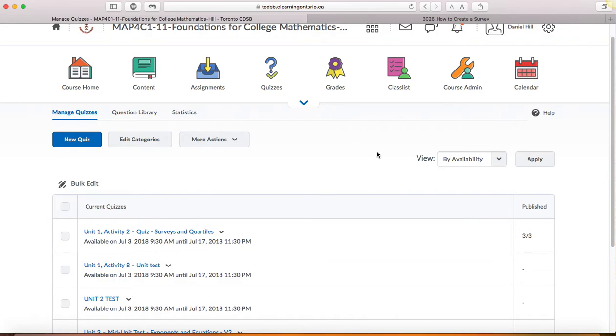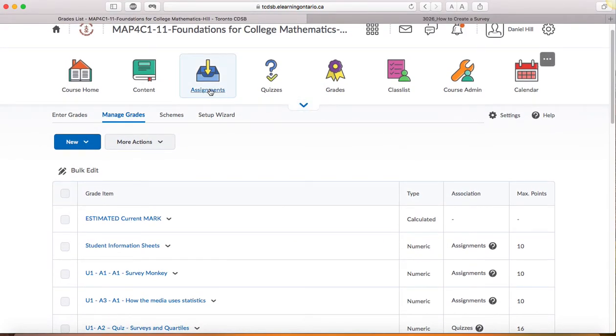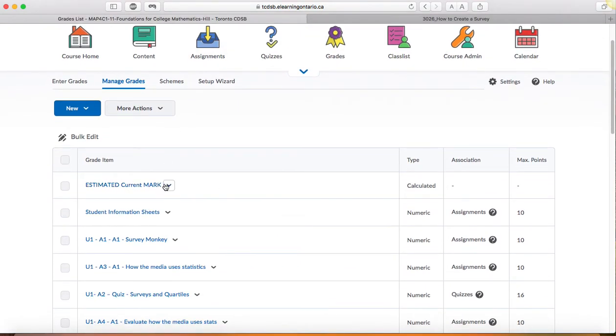Okay, now as I mark things, the grades get updated. Okay. You can find all your marks in the grade section. They also appear in the assignment section too. And I use this grade item, this estimated current mark. On your thing, you'll see a little calculator here to show you what I've marked as a class. Now, if I move this down and there's only student information sheets above it, it means that as a class, I've marked just the student information sheets, and only those things are included in your average. So right now I haven't marked anything, and nothing is above estimated current mark. So your average will be 0 because nothing is